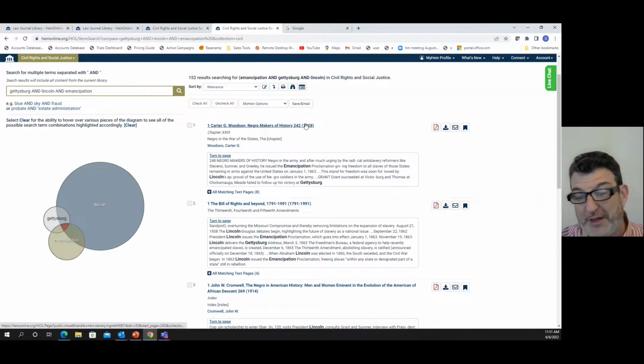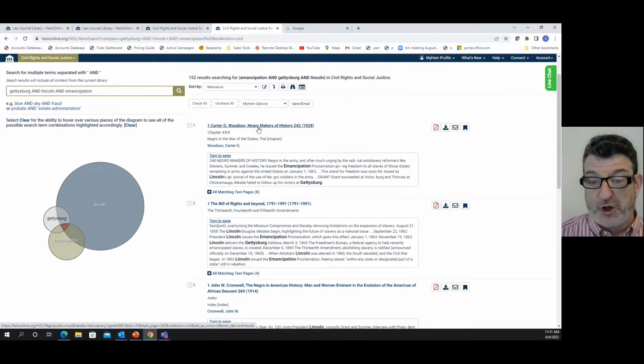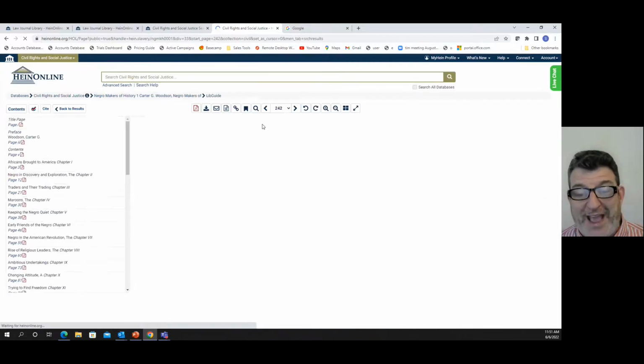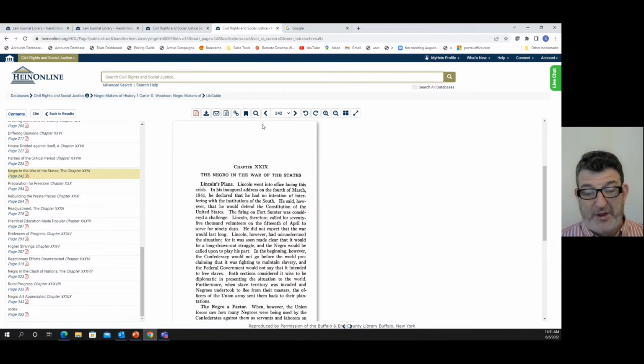So now, let's say you really find this document interesting. This is a chapter in a book. Yes, it's a chapter in a book. So we have government documents, we have journal articles, we have historic material, we have current material. This is a chapter in a book from 1928. It's here in its full text, and it's fully searchable, and it deals with the War of the States, it deals with civil rights, and you can break it down here by